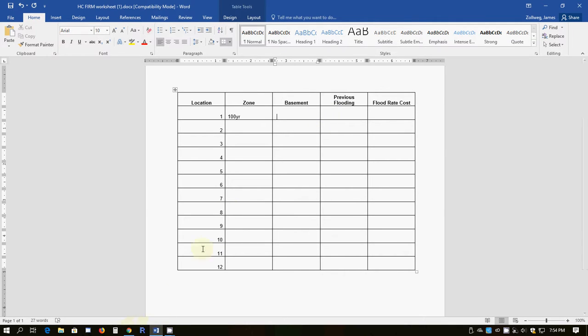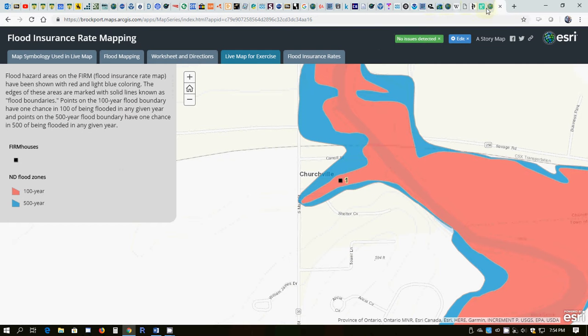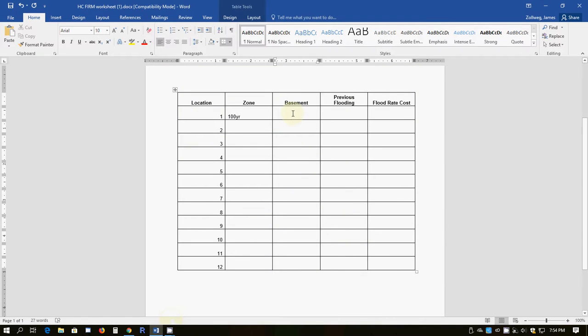That'll be part of the mapping itself, and I can access what are called the attributes for that particular location, information about it, by clicking on the dot, and it tells me that it has no basement, but site number 1 has had flooding at a previous time. So I can go ahead and say basement, no, flooding, yes,